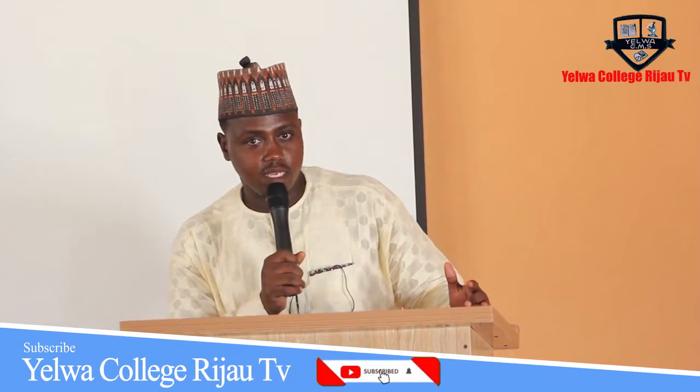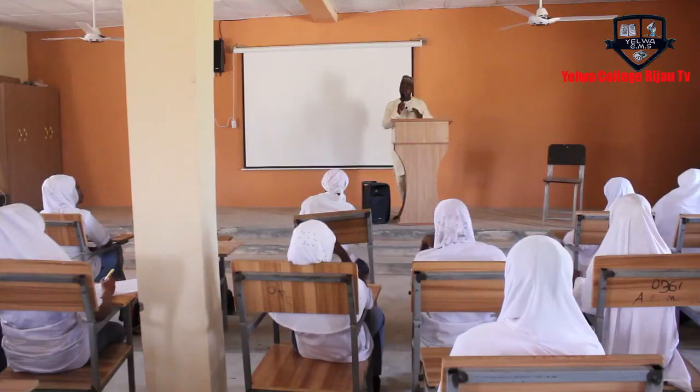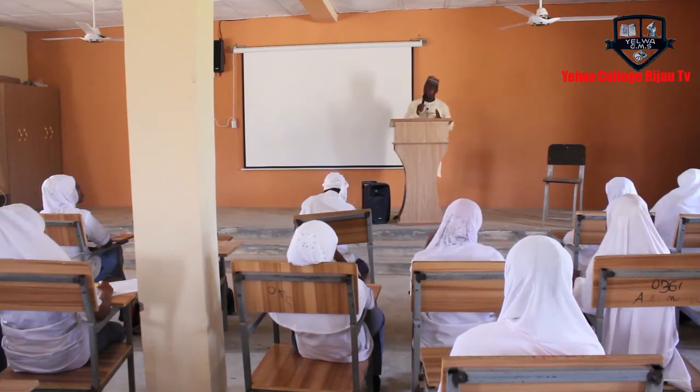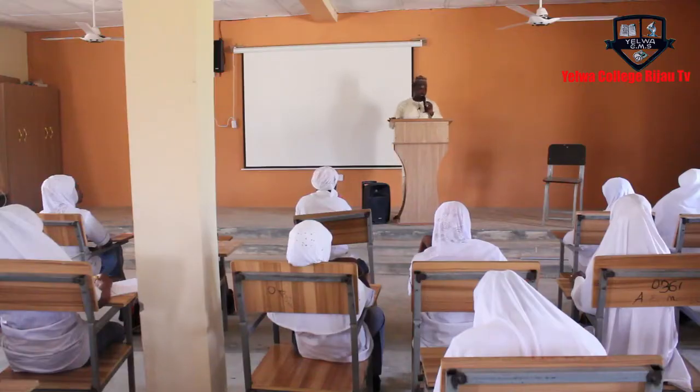Then lastly, we have the column of the cumulative frequency. You get the column of the cumulative frequency from the frequency. Cumulative frequency is the sums of all the frequencies, starting with the first value of your frequency. Let's assume that your first value of your frequency is 6, and the second value is 4,